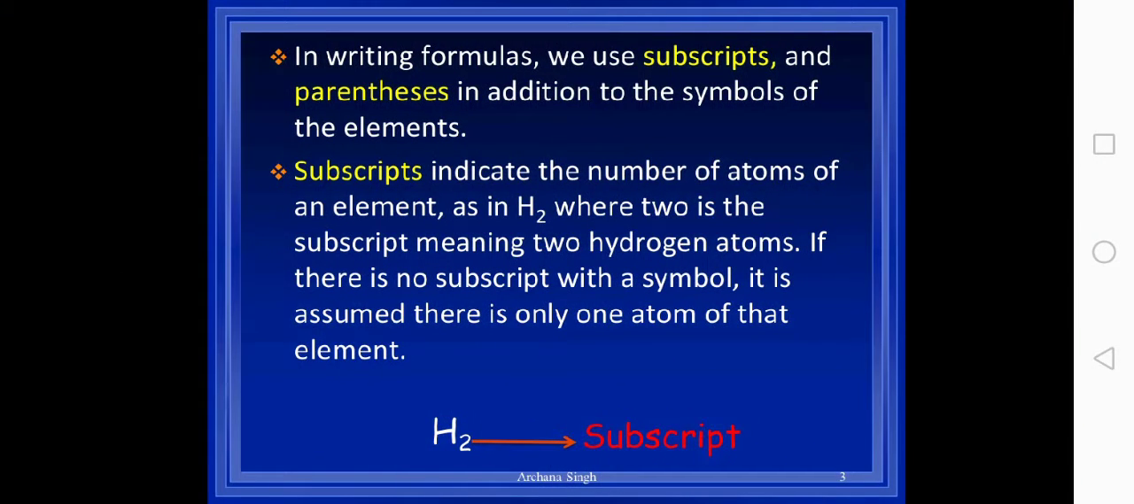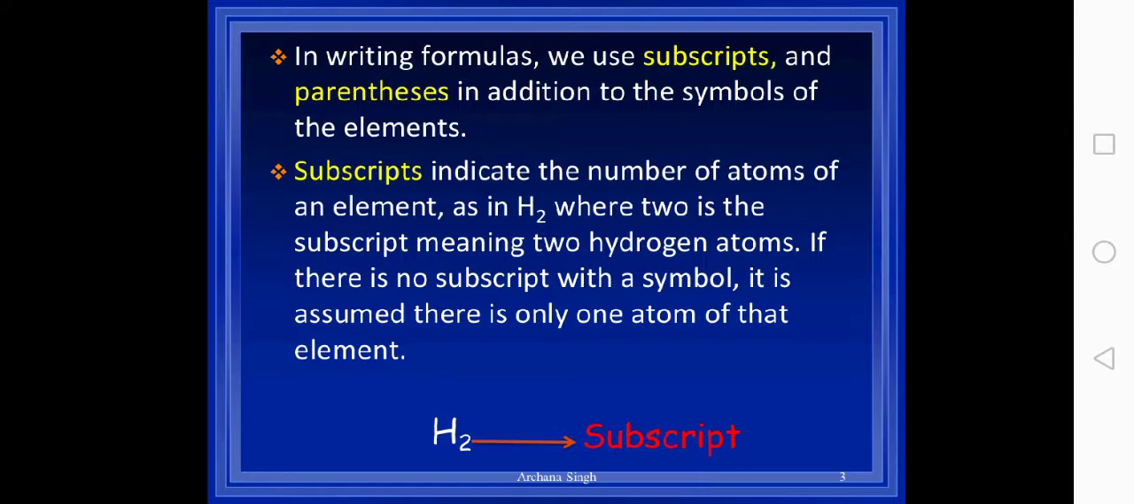In writing formula, we use subscript and parentheses in addition to the symbols of elements. Subscript means H2. We use this 2 here. I already mentioned this example, like in the case of carbon dioxide, the 2 should be written in subscript, so it indicates the number of atoms of an element as H2, where the 2 subscript